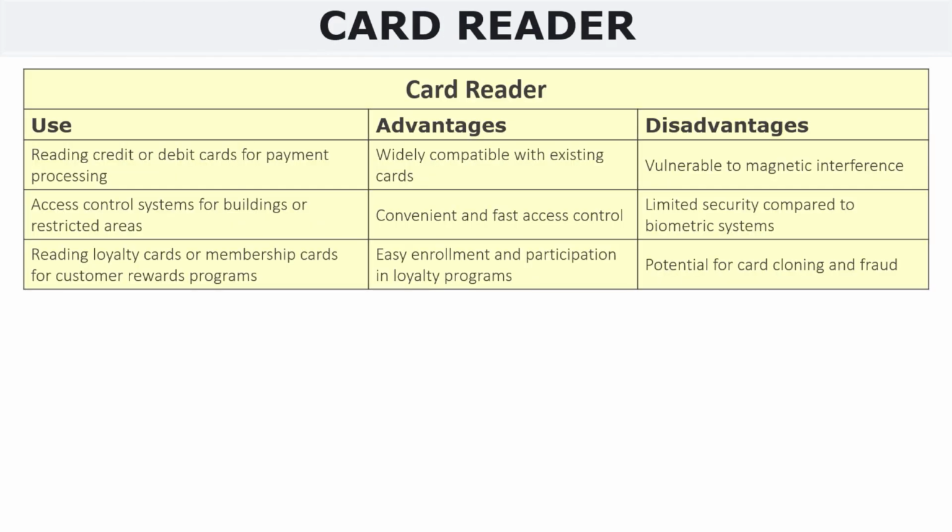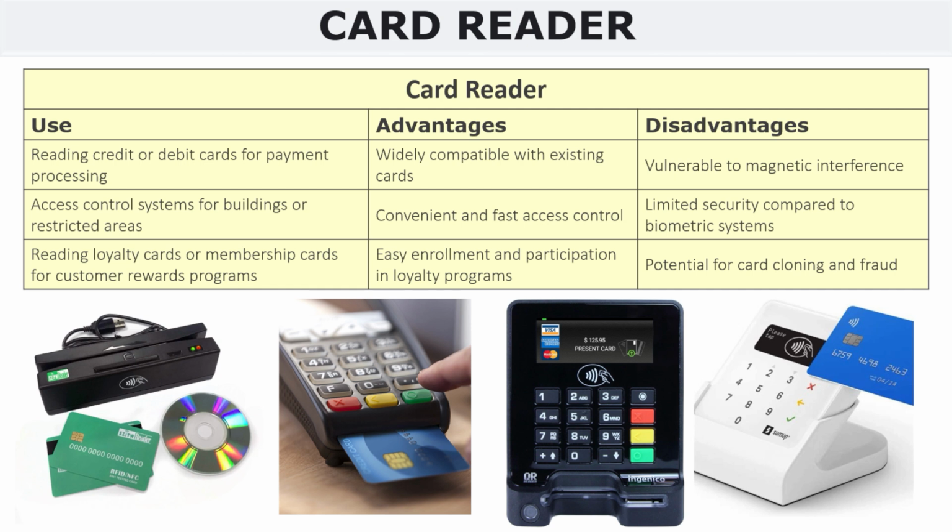The next item is a card reader. Card readers basically are used for reading credit and debit cards, and give you access to systems like buildings or restricted areas. The advantages of using card readers are that they are widely compatible with existing cards, and convenient and fast access control. The disadvantage is that they are vulnerable to magnetic interference, and they have limited security compared